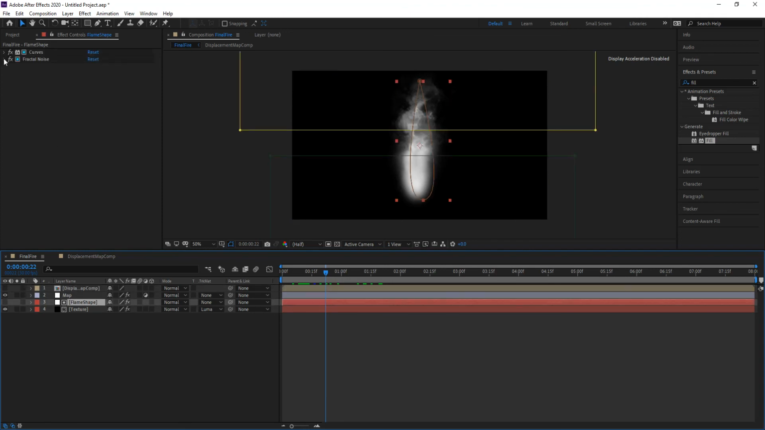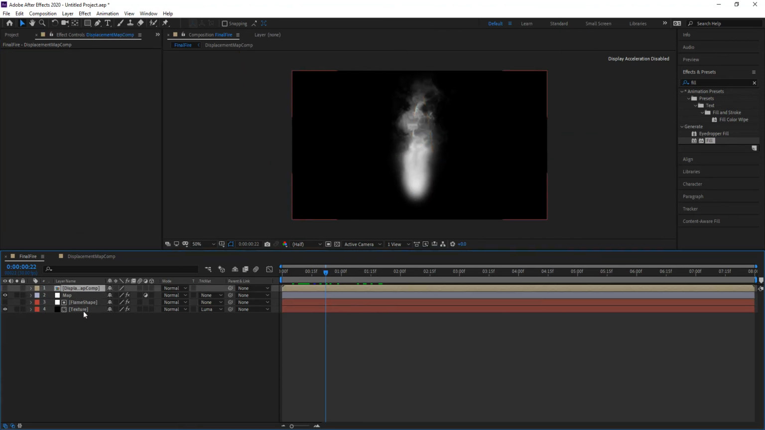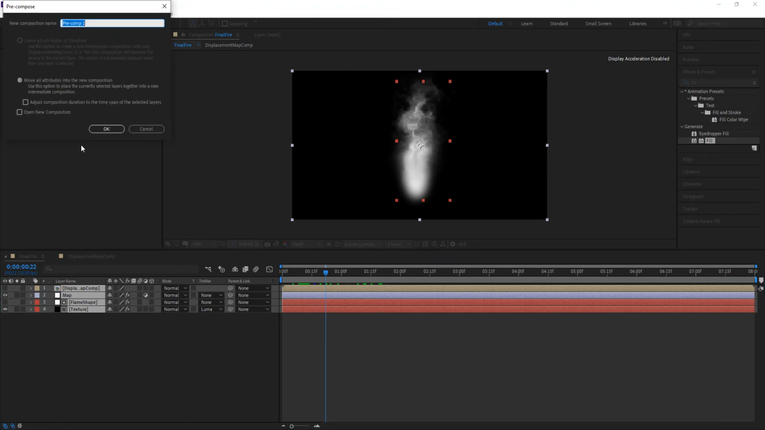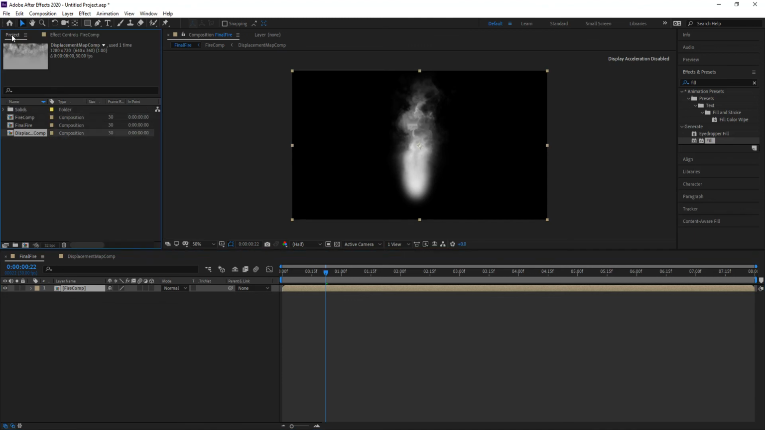But before we go back and start changing those settings, let's go ahead and pre-compose these 4 layers. I'm going to pre-compose it, and I'm going to call this the fire. I'm just going to call it fire comp. And I'll click OK. Now that fire comp is the fire comp that I'm going to be using to set the actual fire. I am going to make a copy of that fire comp, and I'm going to rename that